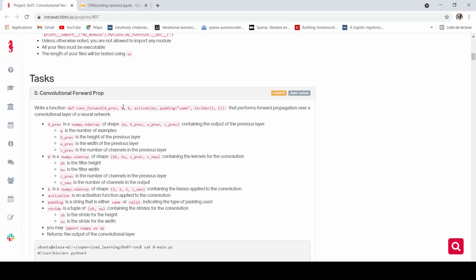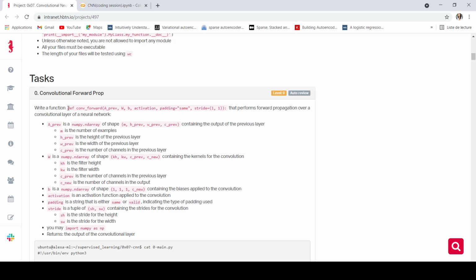W is our filter or kernel. B is the bias. The activation is the activation function that we are going to use to activate the output of this layer. Padding is either same or valid, indicating the type of padding used, and we have the stride, which will be the strides of the convolution.